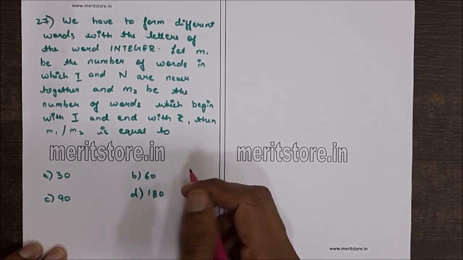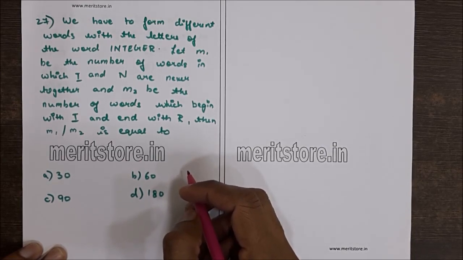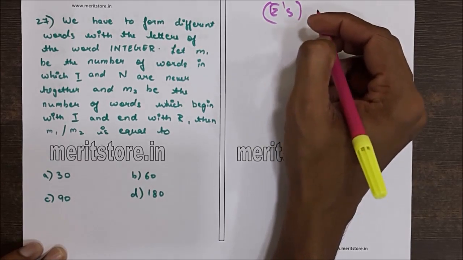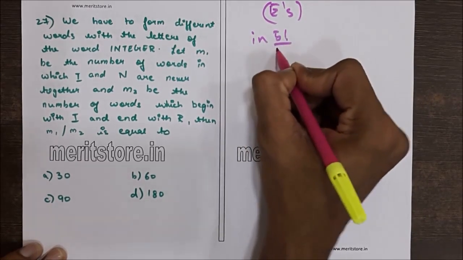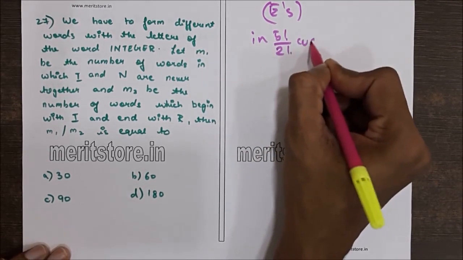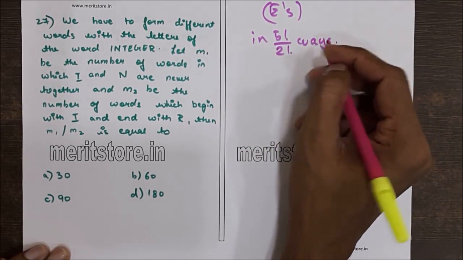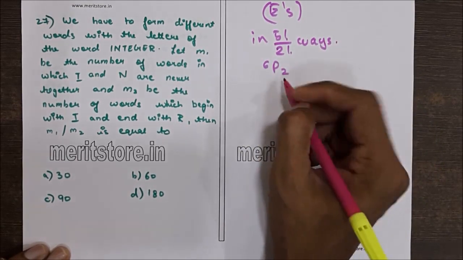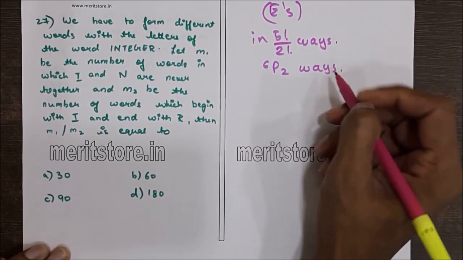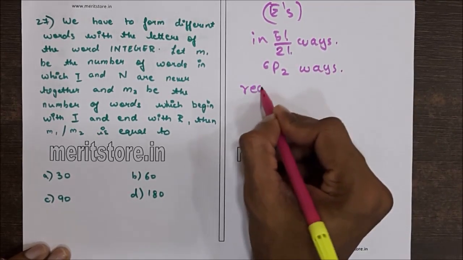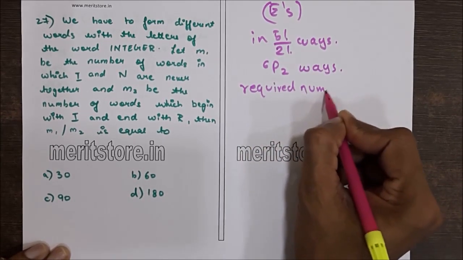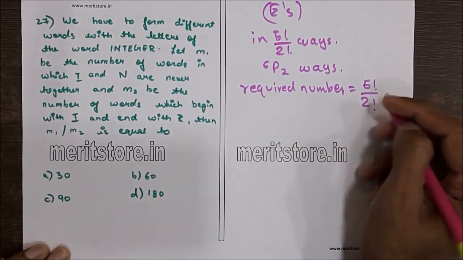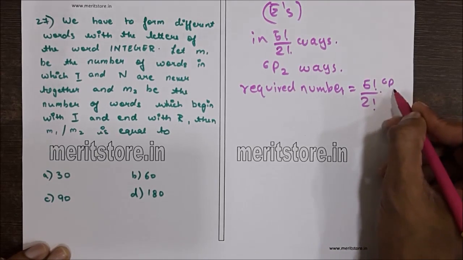We have 5 letters other than I and N, of which 2 are identical, that is E's. We can arrange these letters in a line in 5 factorial upon 2 factorial ways. In any such arrangement, I and N can be placed in 6 available gaps in 6P2 ways. So the required number is equal to 5 factorial upon 2 factorial into 6P2,